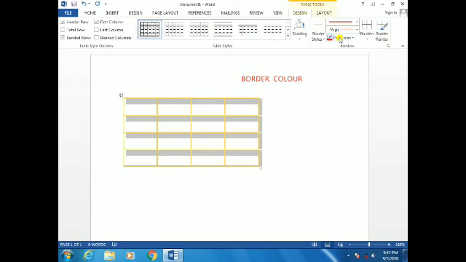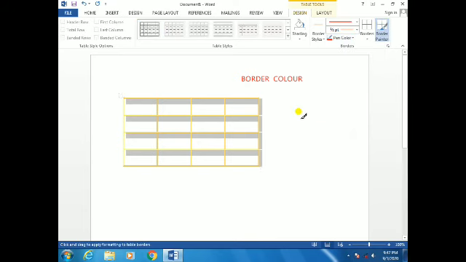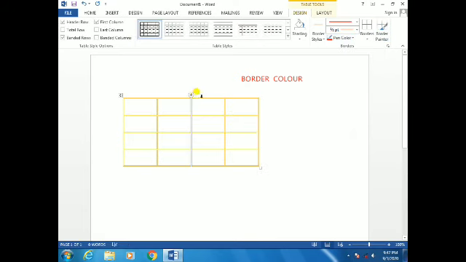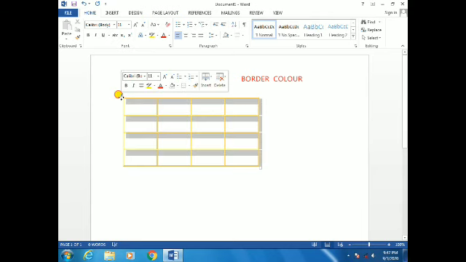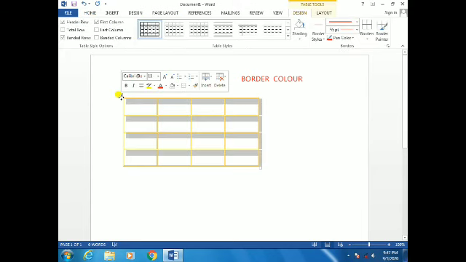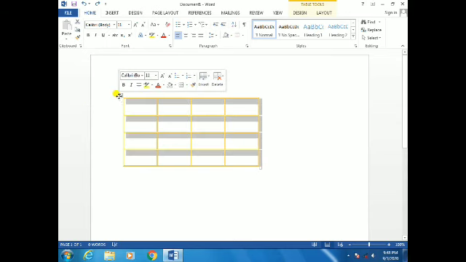Here also the same process applies: whatever border line format you did previously, you do the same style. But how to do it? First of all, select the plus sign. Then once again select the color. Where will you get this color? The pen color options.